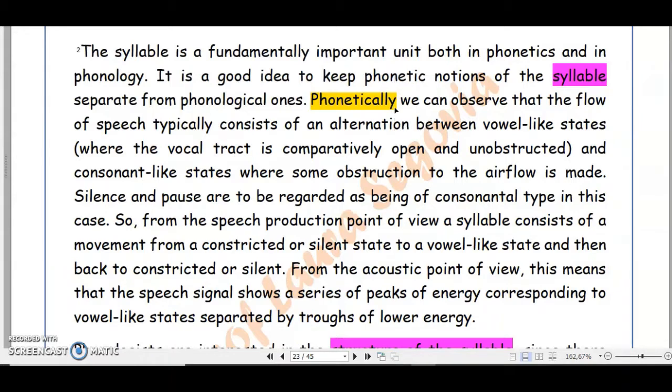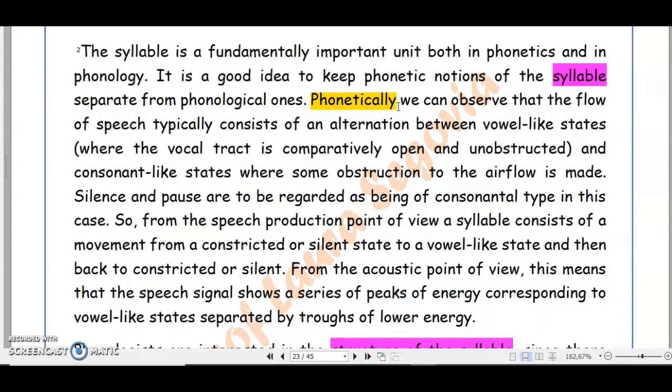So, we can observe that the flow of speech typically consists of an alternation between a vowel-like state, where the vocal tract is open and without any obstruction, and a consonant-like state, where there is an obstruction to the airflow. For example, when you say a word as no, you have the consonant n and the diphthong o,